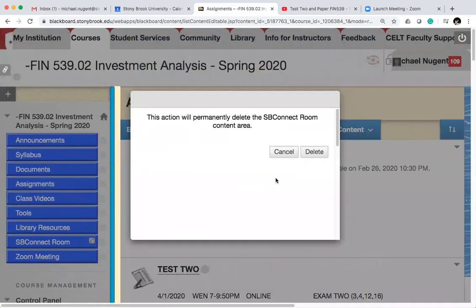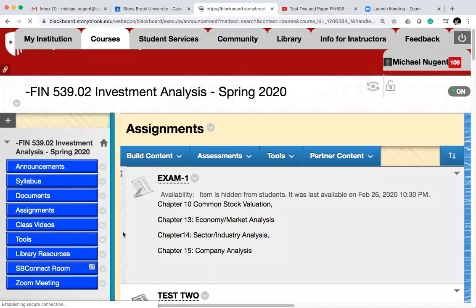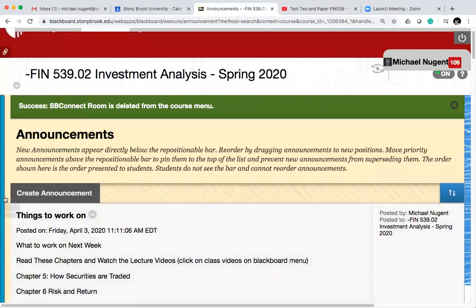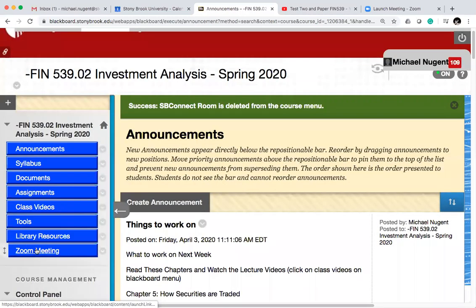Now you'll also notice that you have this Zoom meeting button here. So you have the Zoom meeting button that you can use as students to log into Zoom and meet in your teams to figure out how you're going to get this work done. So hopefully you have a good plan for that.